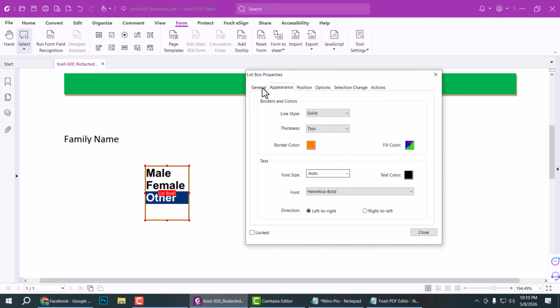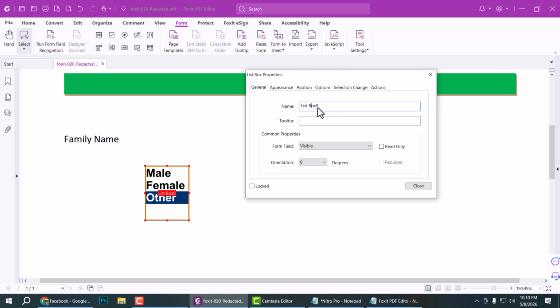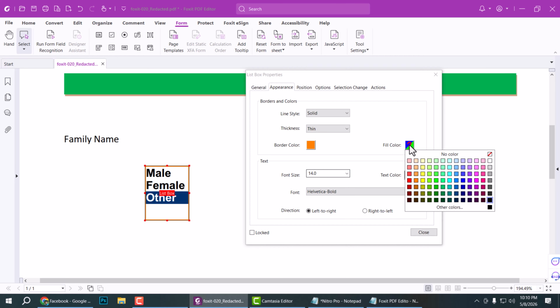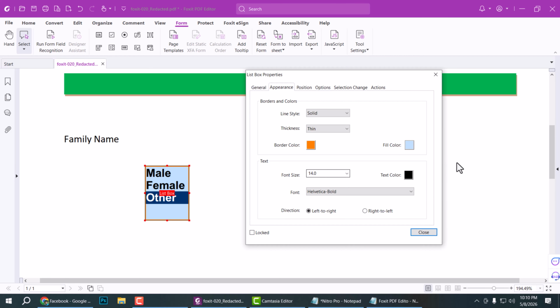In the properties dialog box is the general option. You can change this list box name if you want, and this appearance option. You can change the text font size and make it 40. Also, you can choose it auto and make it 40 again. And also, you can add this fill color